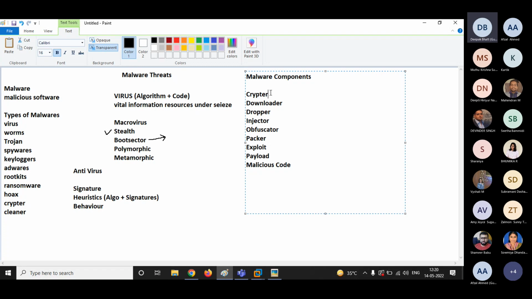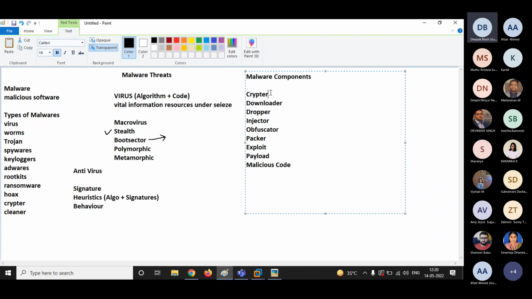Then we have another term, exploit. What is an exploit, guys? Exploit is malicious code that breaches the system security. Then we have payload. Payload is a piece of malicious software that controls the system after exploitation.